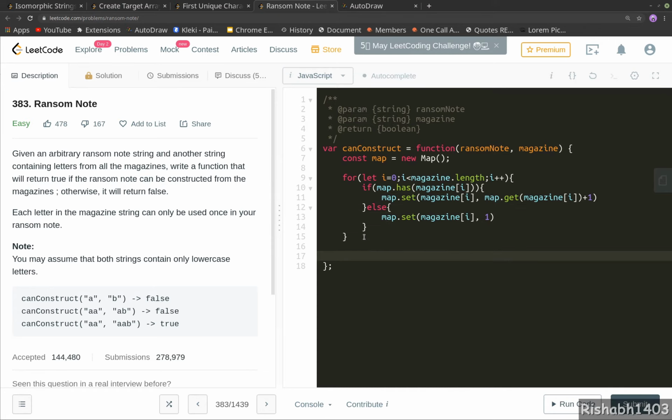Okay, so now we will loop over our ransom note and we will see if we can construct it from the magazine. So the first condition is if the character at the current index of the ransom note is not present in the map, or if the count of that character is 0.